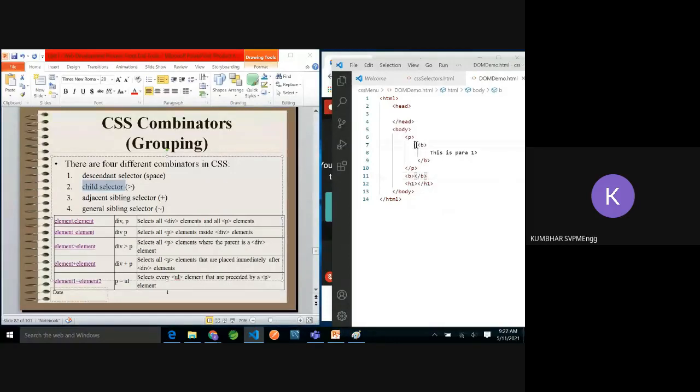Suppose I want to apply the style only for the bold tag which is inside the P. At that time, I have to apply the style like this: P is my parent element, greater than, and inside that there should be B. Then only apply the style.